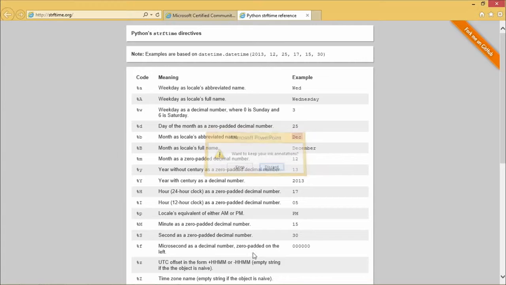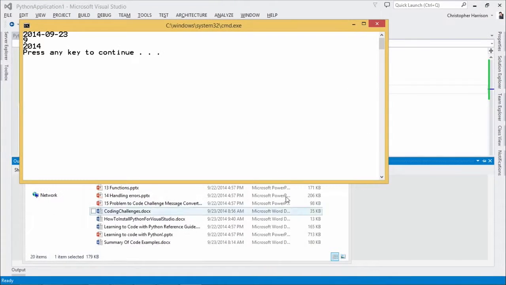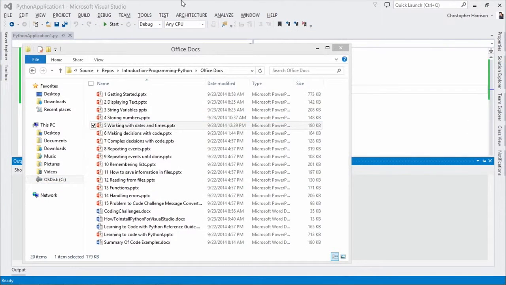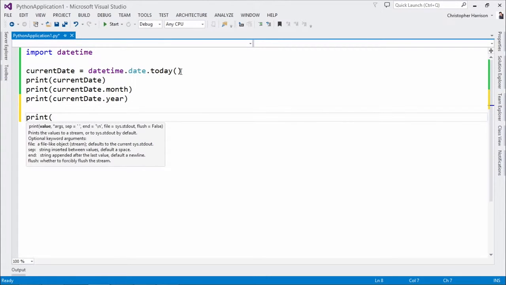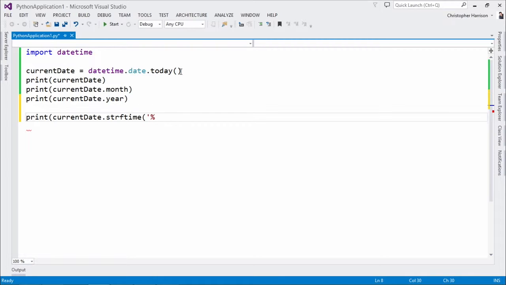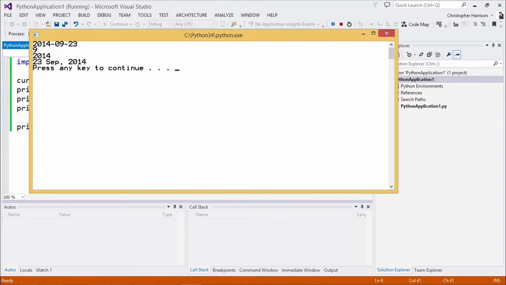All right, discard. Let's go back to Visual Studio. Okay, so now let's go in and let's say print, and what I'm going to do is say current_date.strftime. Yep. There we go. And I'm going to go with %d. I'm going to go with %b, comma, and %y, just like that. Cool. Day, month, year. Yep. And sure enough, if we do it,